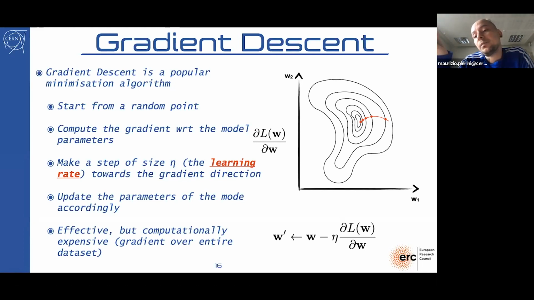And you understand that the problem is very practical. How big you take eta determines how big is your step and what's your granularity in understanding if a point is better than another or not. If you take eta to be too large, you make big steps. You might do very good progress at the beginning, but then when it's a matter of fine-tuning the position of the minimum, you might end up